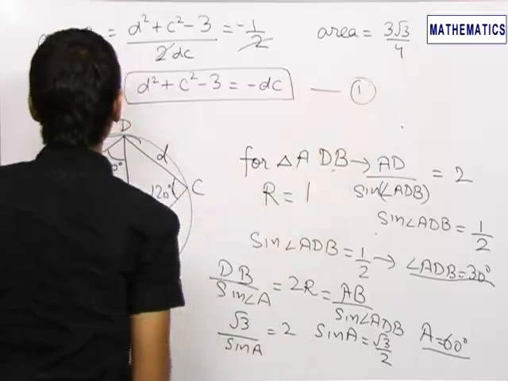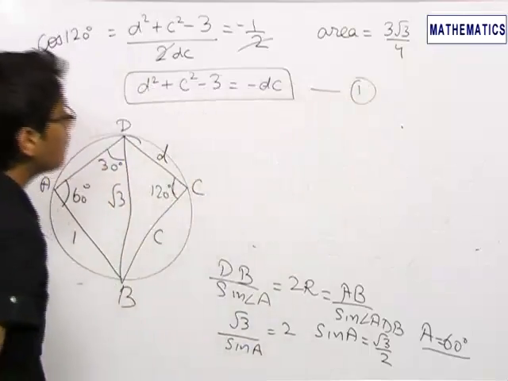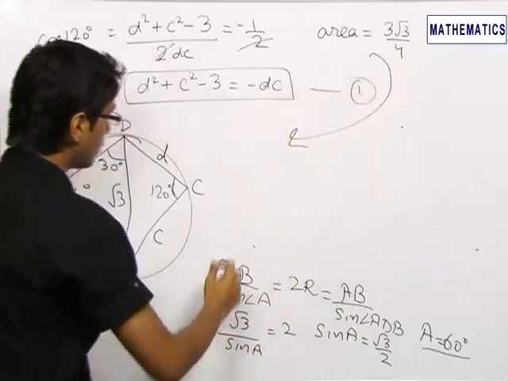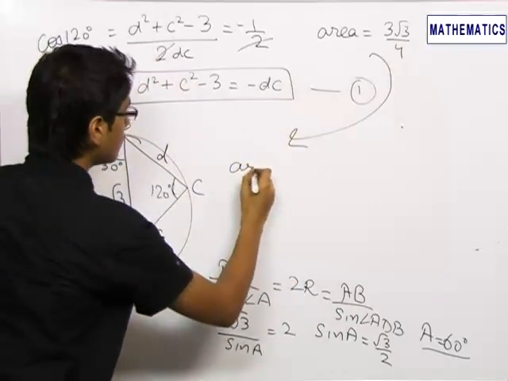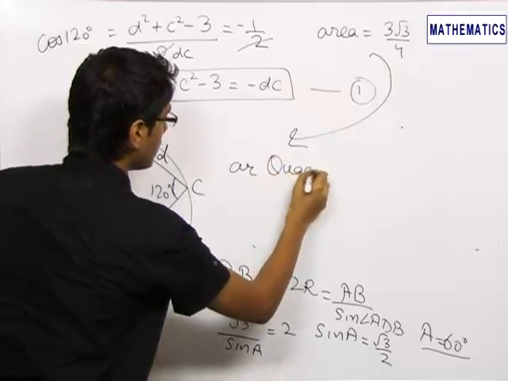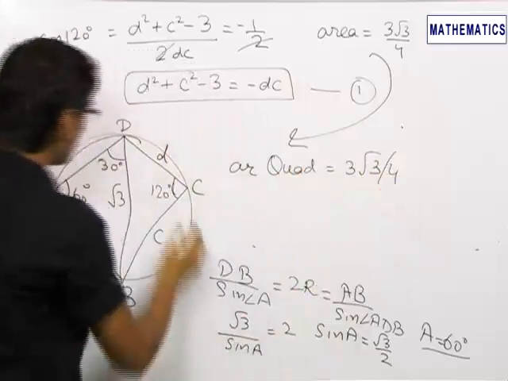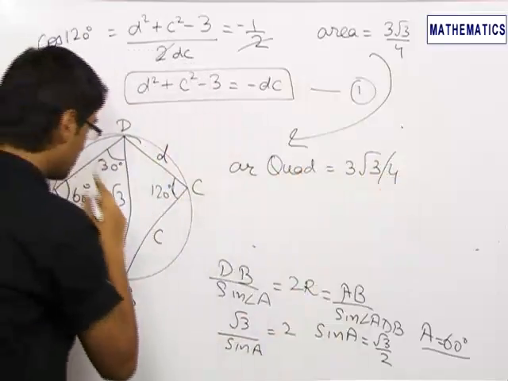This can be used as the first equation, and we can utilize the second relation. Area of quadrilateral is given to be 3 root 3 by 4, and this quadrilateral is made up of two triangles,